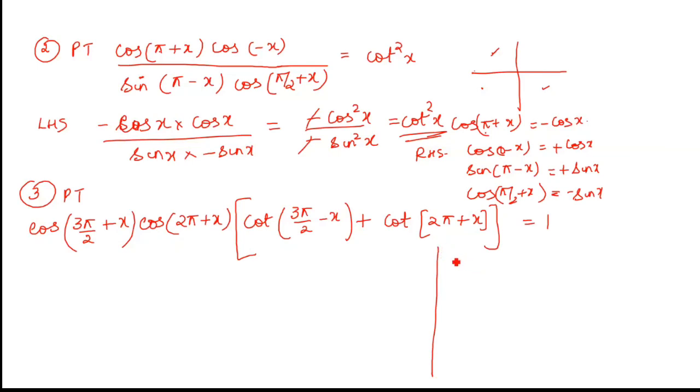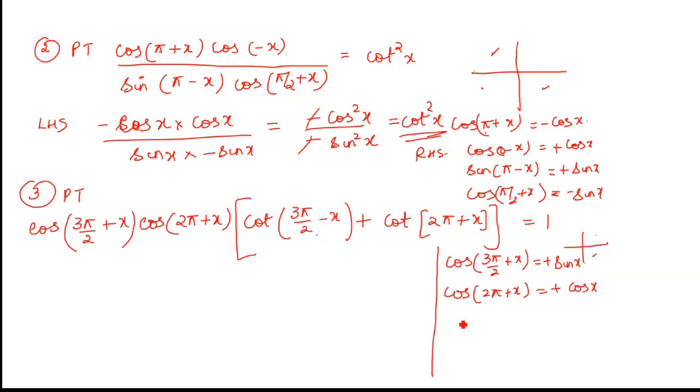So first I want cos (3 pi by 2 plus x). 3 pi by 2 means 270. So let us keep the quadrant here. 270 plus means going in the fourth quadrant, cos is positive. So sign is plus. 3 pi by 2 lies on the standing line, so I have to change to cofunction. So therefore this becomes sin x. One is over. Next, cos (2 pi plus x). 2 pi means 360. Plus means going to the first quadrant. All are positive. 2 pi lies on the sleeping line, no change to cofunction. So cos x.